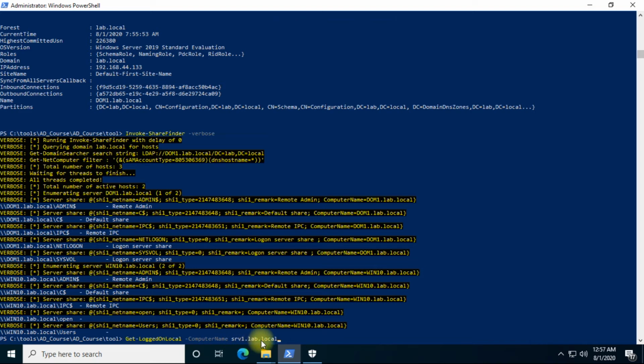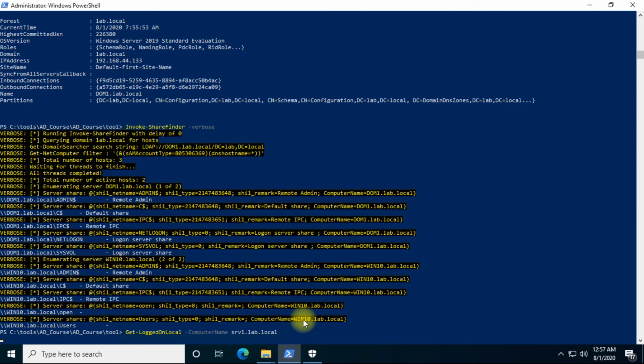So over here I try to use server one .lab.local. I just want to understand which user has recently logged in on this system. If I try to fire this command, I hope I'm not getting any response, as recently I have not logged on to this server.